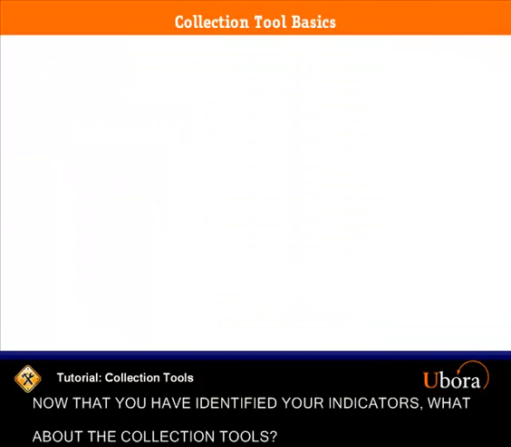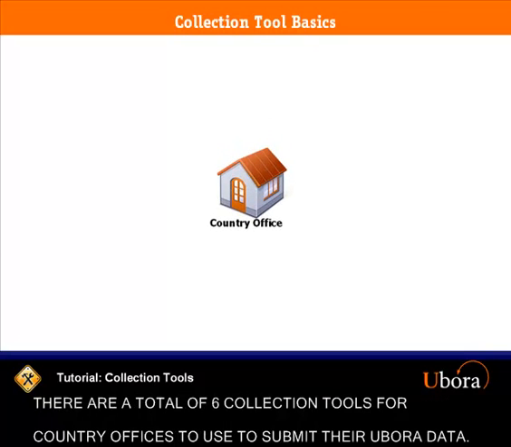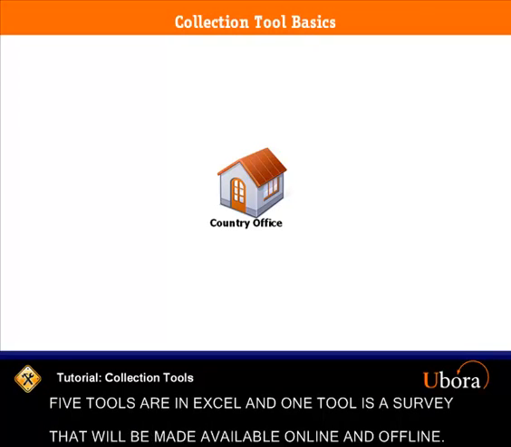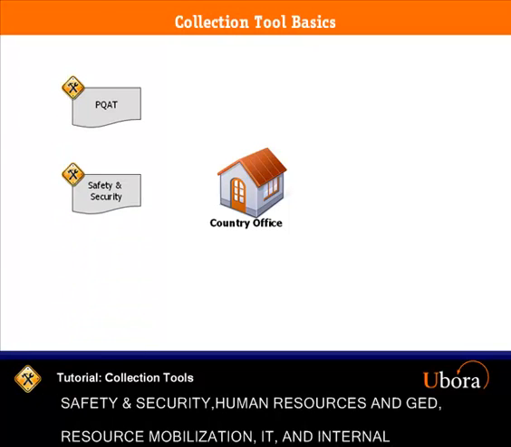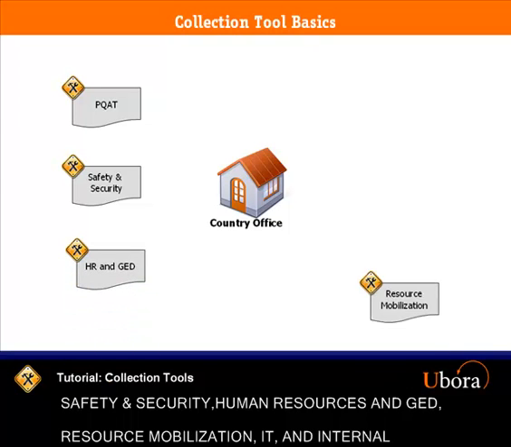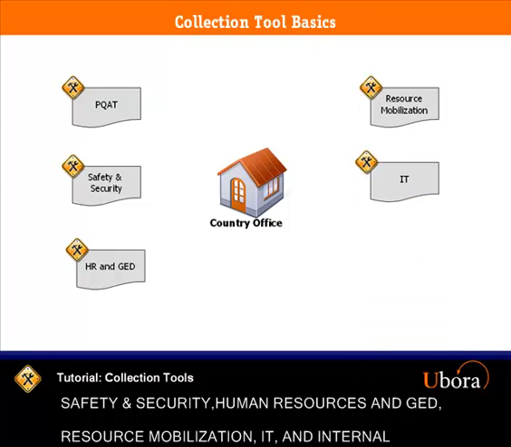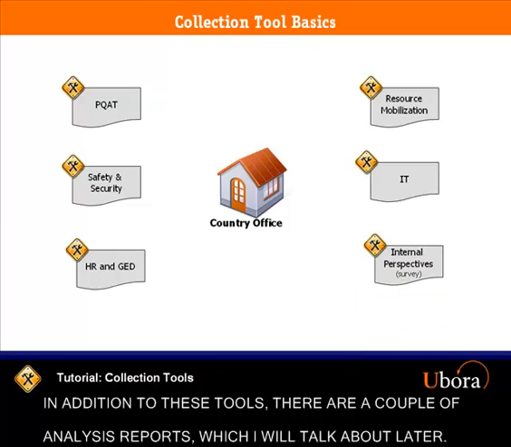Now that you have identified your indicators, what about the collection tools? There are a total of 6 tools for country offices to use to submit their Ubora data. 5 tools are in Excel, and 1 tool is a survey that will be made available online and offline. The country office collection tools are the Program Quality Assessment Tool, or the PQAT, Safety and Security, Human Resources and GED, Resource Mobilization, IT, and Internal Perspectives. In addition to these tools, there are a couple of analysis reports, which I will talk